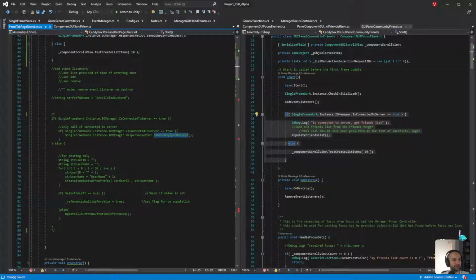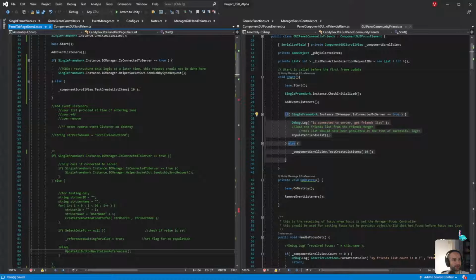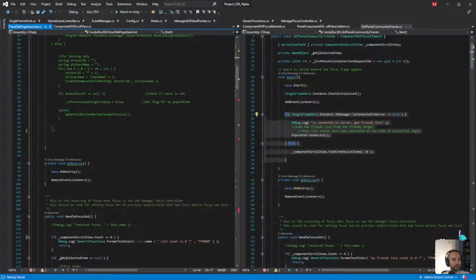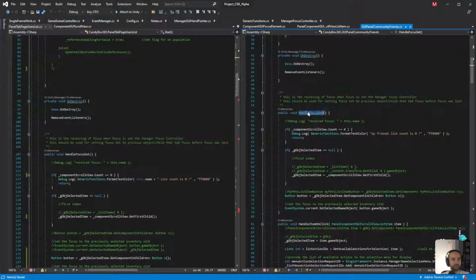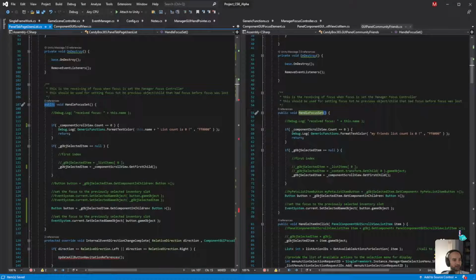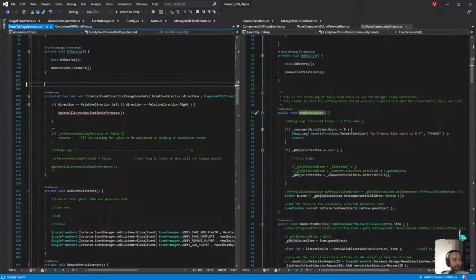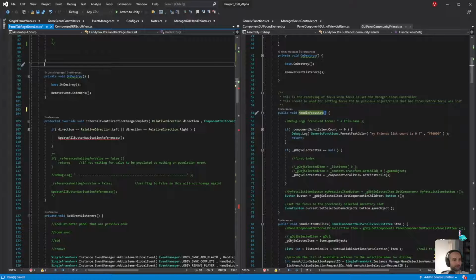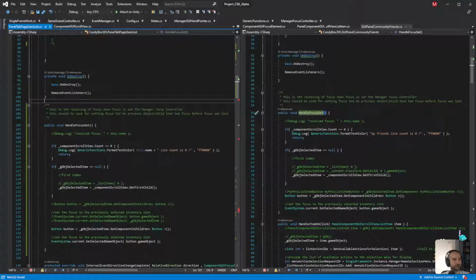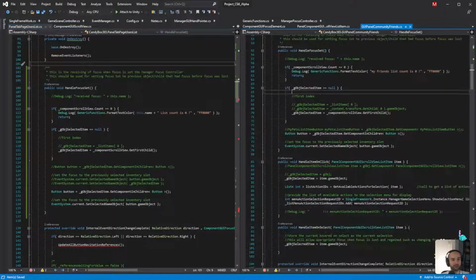And then we have the test stuff. So that's fine. So we'll create 10 test items if we're not connected to server. Okay, that works well for me. Okay, so from there, what else do we need? So we need handle focus set. So this is now a public call. I want to bring that up to, actually no, right here is fine. This location is fine. But then there's another one.